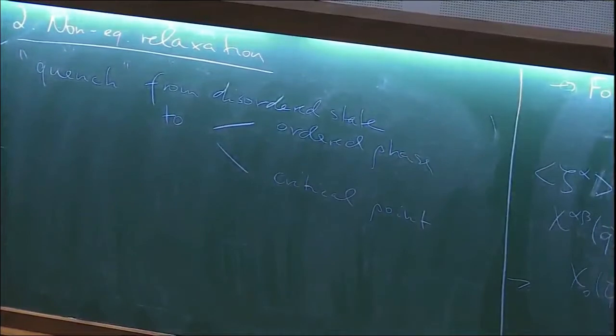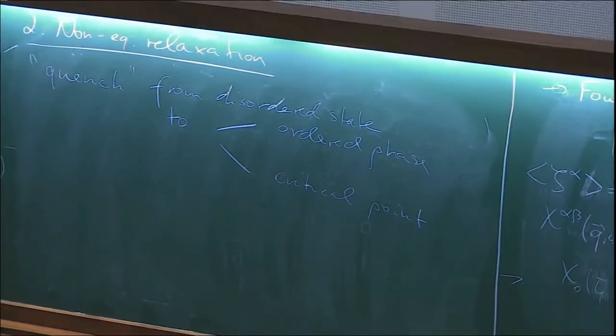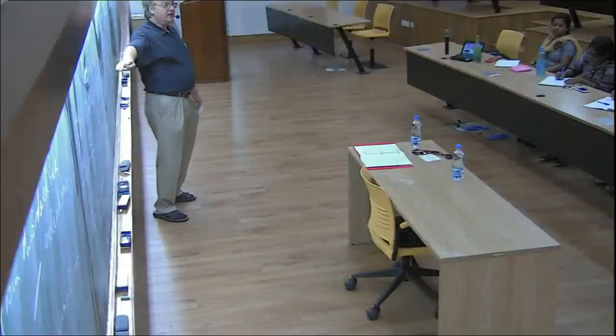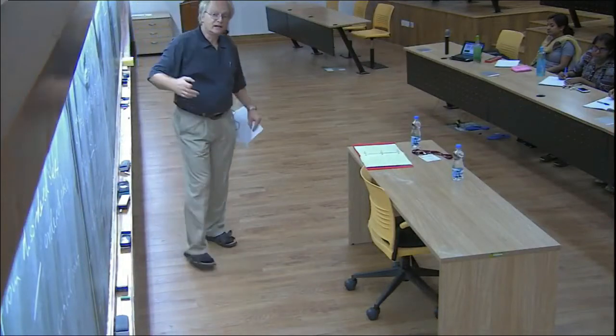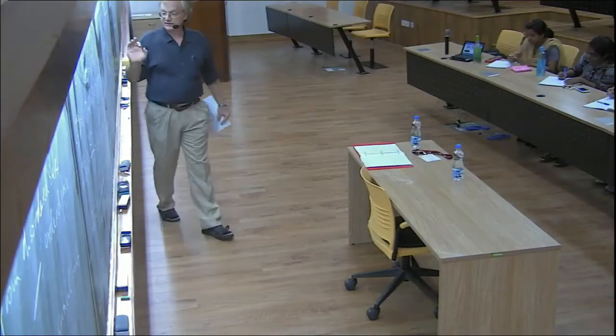Before I discuss those cases, let me just envision what happens if I quench from basically infinite temperature to this temperature where I'm well above the critical point. I know what happens. We just computed the relaxation rates in this regime. This is the relaxation time, and the inverse is the relaxation rate. It's just finite and happy, so I don't even need to worry about this. Tau is finite, so we're going to see relaxation to thermal equilibrium on that time scale. So if I'm within the disordered phase, I'm going to see a relaxation on that time scale.